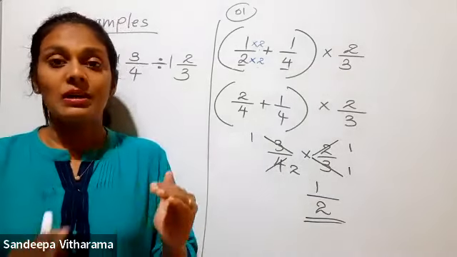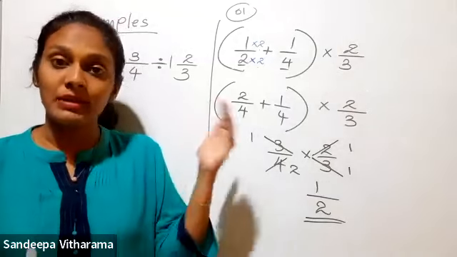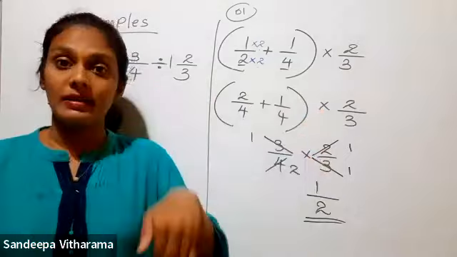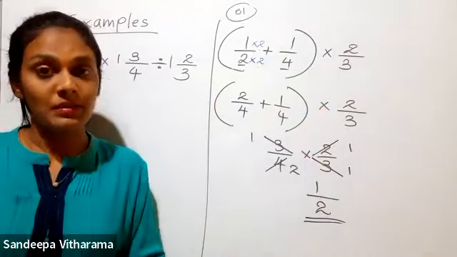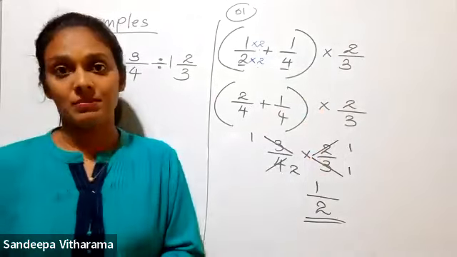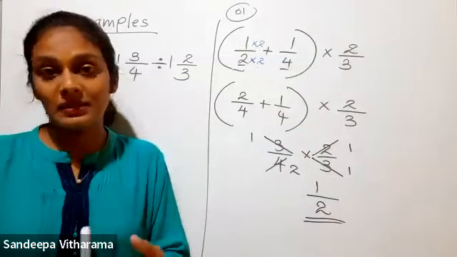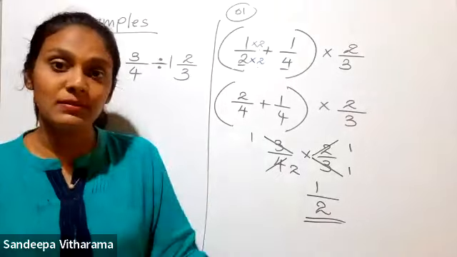This is very important. In the beginning, we convert mixed numbers into improper fractions, and in the last, improper fractions into mixed numbers. This is the procedure. It is a particular thing that we do except for the